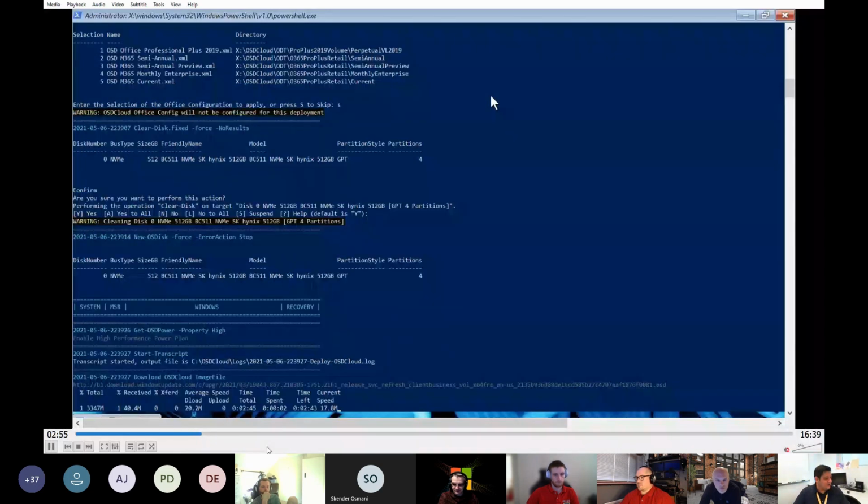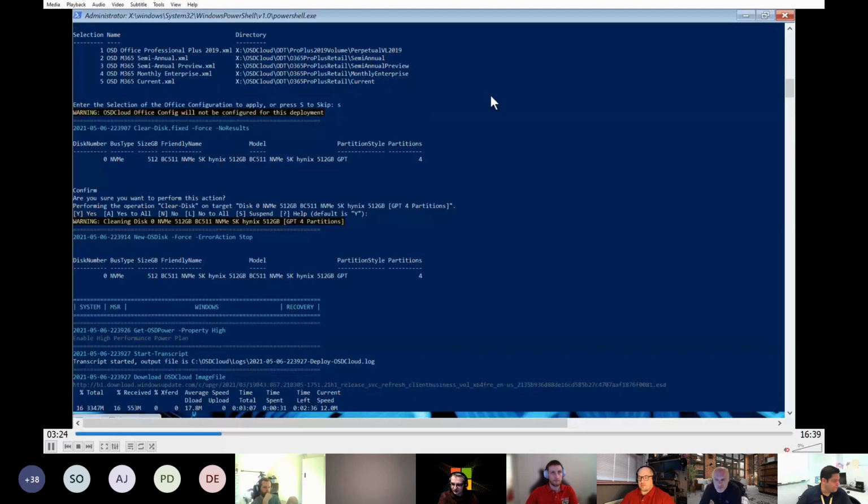And you can see here, I have some decent download speeds. Looking at the bottom, it shows my total time of 2 minutes, 22 seconds. That's calculating time spent and time left. This uses curl to do the download, and that's why we get this nice progress indicator from using curl. And I think 2.5 minutes or 3 minutes is very respectable for wireless in WinPE, no Ethernet.